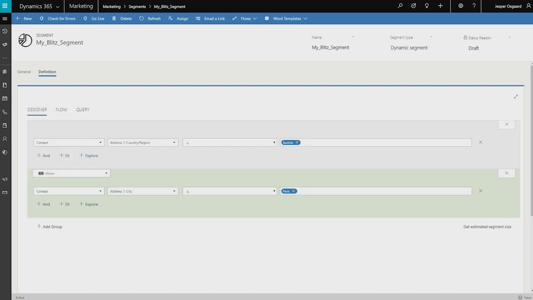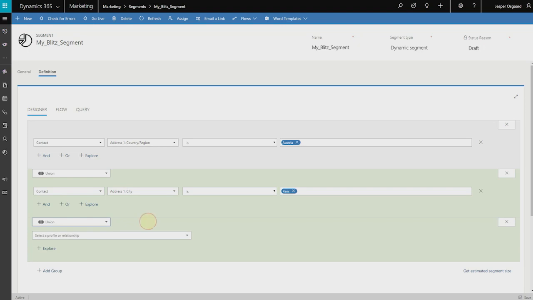So for the exclude piece, let's go back to the designer sub-tab and click Add Group, just to show how you can work with this any way you see fit. Let's add a group. Let's specify that it's not a union now, it's an exclusion. And it changes the color to let you know that this is actually you excluding some of your contacts from